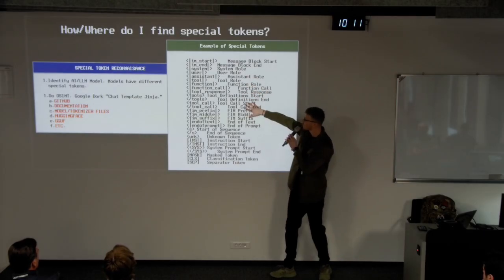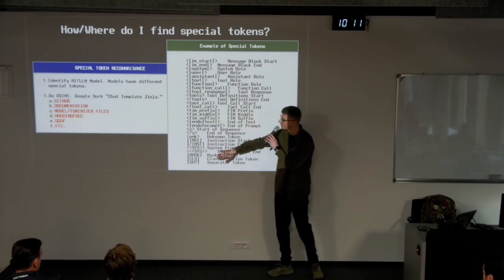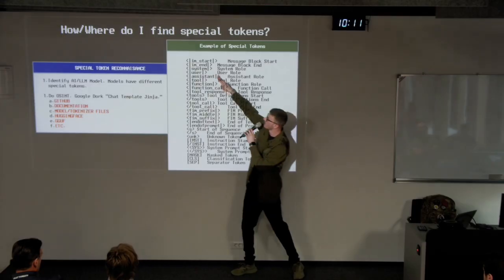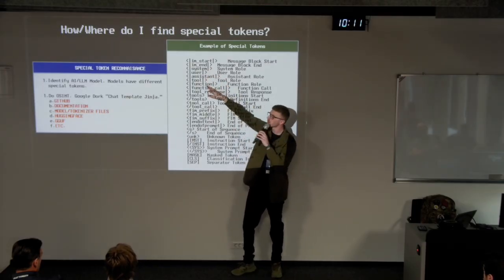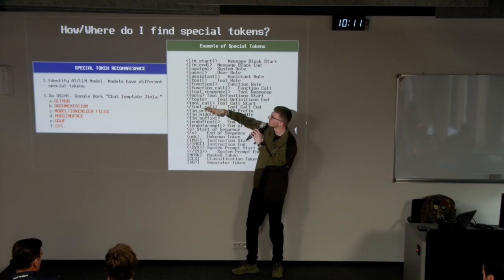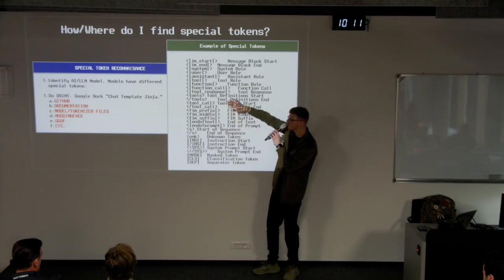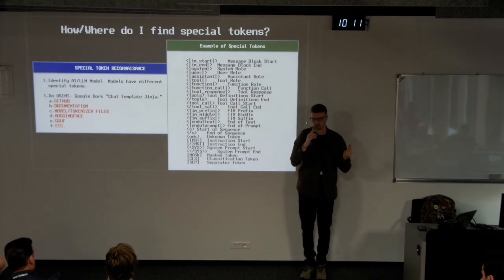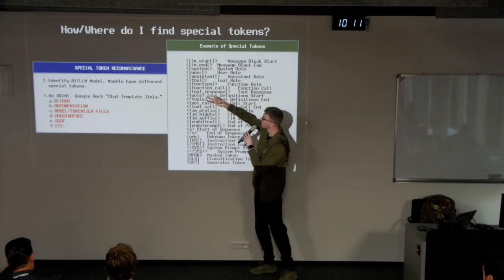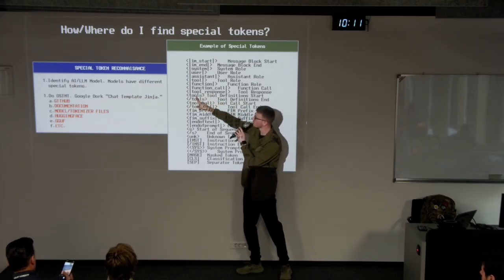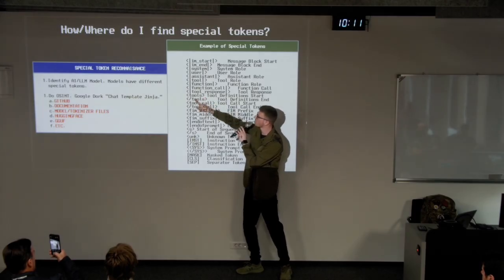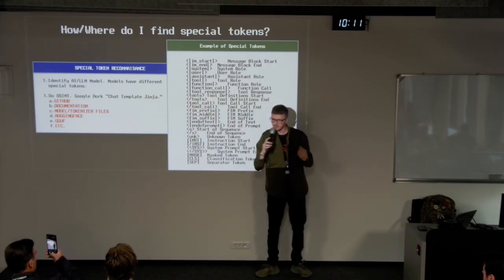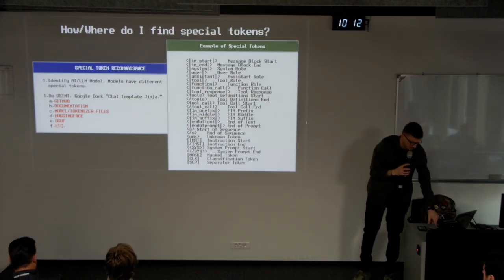In this area of the presentation, highlighted in green, we have a very short list of some of the most common special tokens we have seen in the wild, like the mstart to specify where a message is starting, the mend to specify where the message is ending, and so on and so forth. All of these special tokens have weird functionality on their own. For instance, we may see a function call token to start a tool call, and then the tool call token to close the section, and then we have the tool response. All of these tokens, at first sight, do not really make sense.